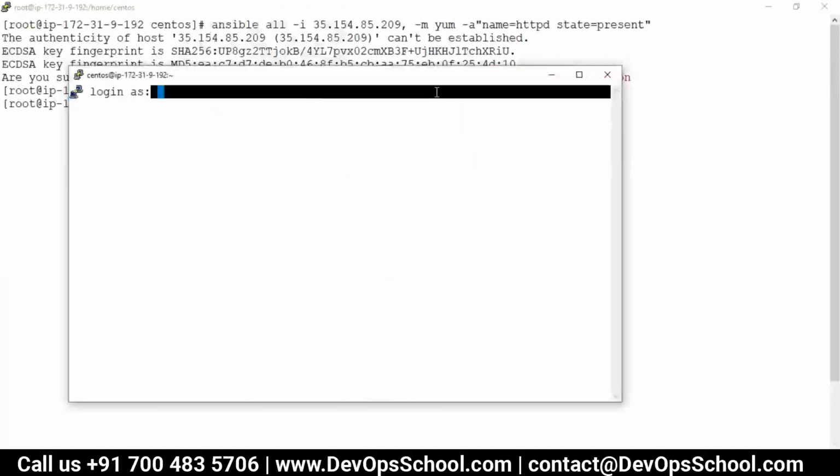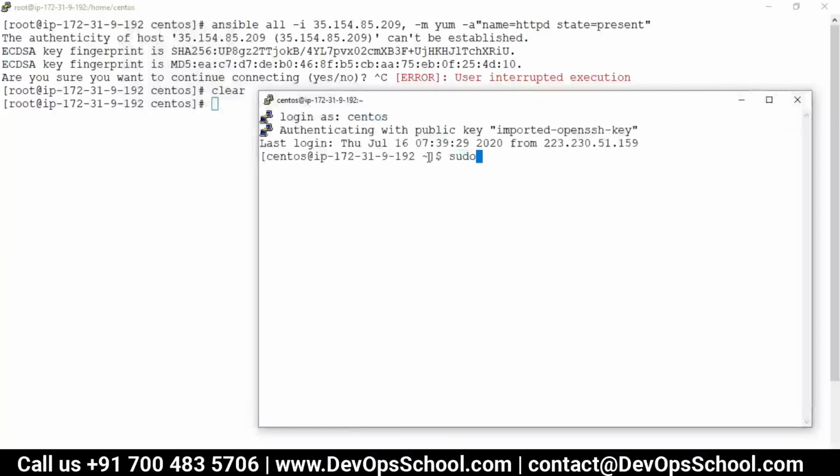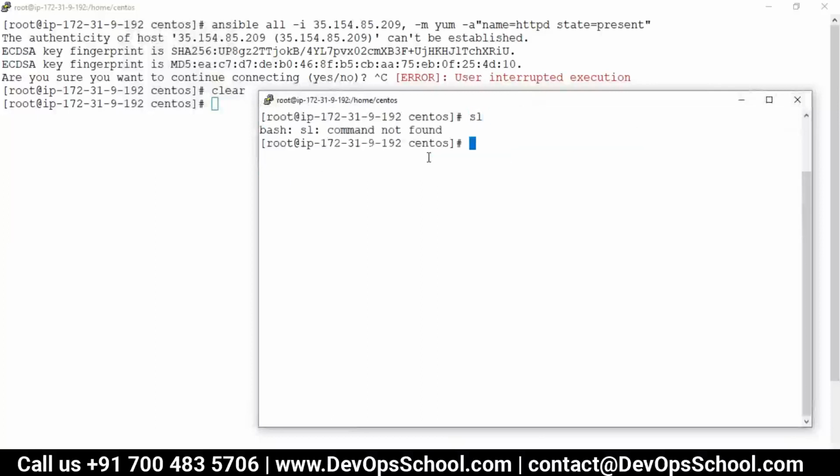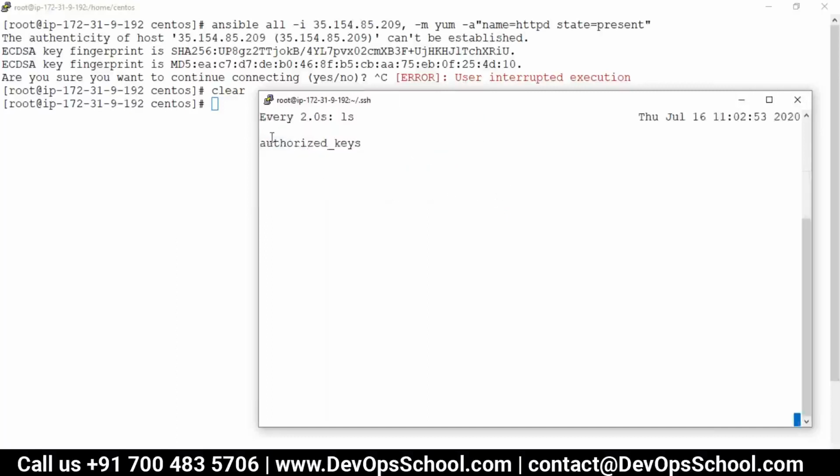Let me explain what is happening. I log into the same machine: CentOS, sudo -s, and go to the .ssh directory. If you watch ls, there is only one file.